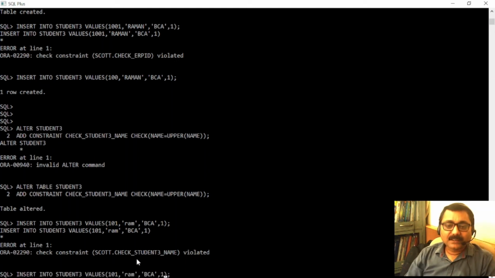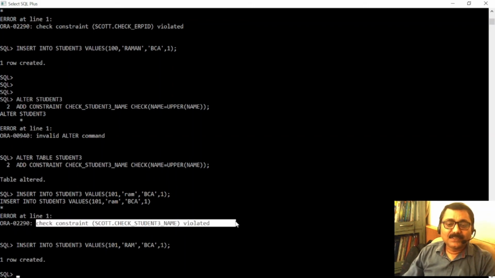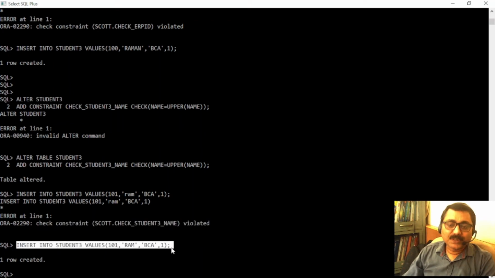But if I enter the data with uppercase, there will not be a problem. So let's say in uppercase RAM, I was able to enter. So now you can understand that if you put any check constraints and it is created, it works. This is the proof that the check constraint which I have just added for checking uppercase name was working.